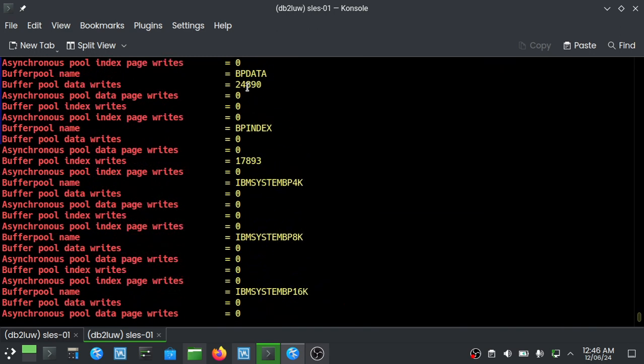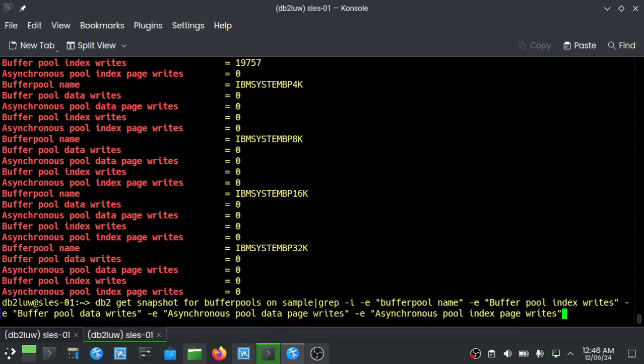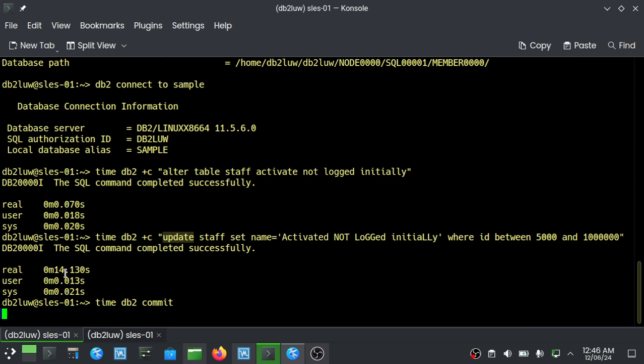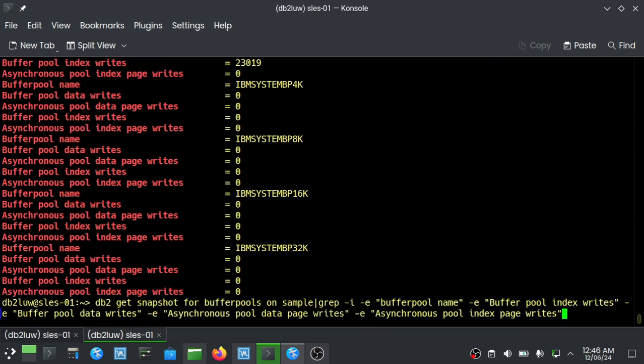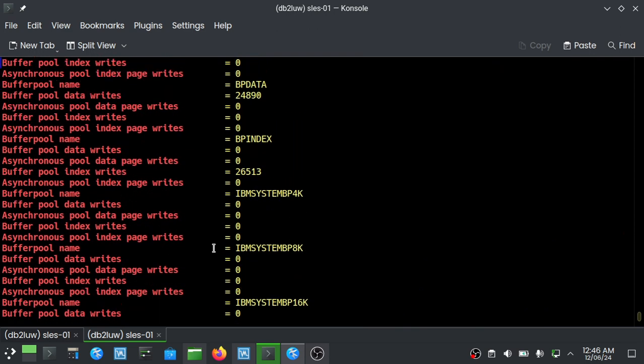Okay, I think this 24,000 has stopped, which means the data portion is complete. Now the index portion is getting built, or getting written. So you can see this stopped, and this number is increasing. And when you look at the buffer pool, I think it should reach about 22,000, 23,000. So you can see the time here. See, 14 seconds it executed the query, but the commit is going to take a very, very, very long time,